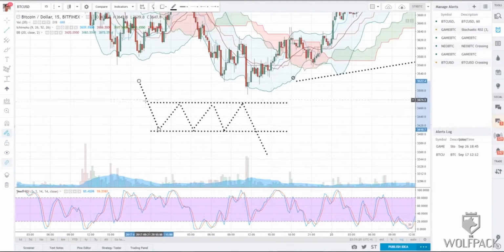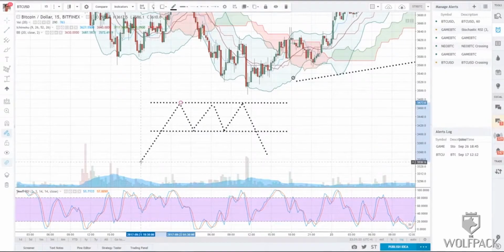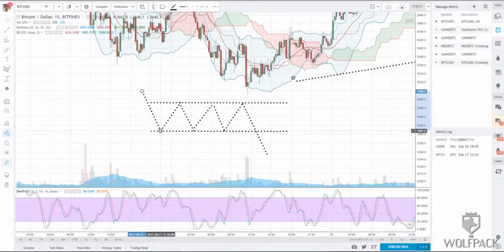That's a continuation version. If it was a reversal, then it would basically do this, which would be almost a triple bottom. So then 1, 2, 3, right? That's if it was a reversal or a continuation. Usually I see them more as a continuation than a reversal, because if it was a reversal, it'd just be a triple bottom. Anyways,